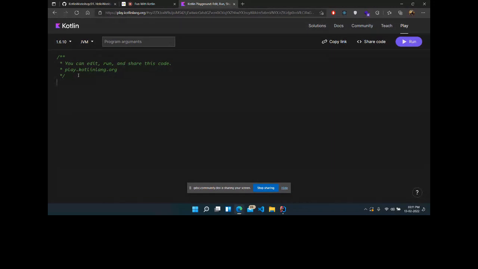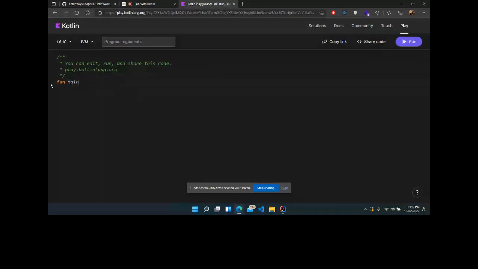Like if I write this println hello world here, and if I try to run it, like expecting a top level declaration. So this is an important point. Like in similar languages like C or Java, you have to first write a main function, and that's the starting point of your program. So here also I will write a main function, fun main,